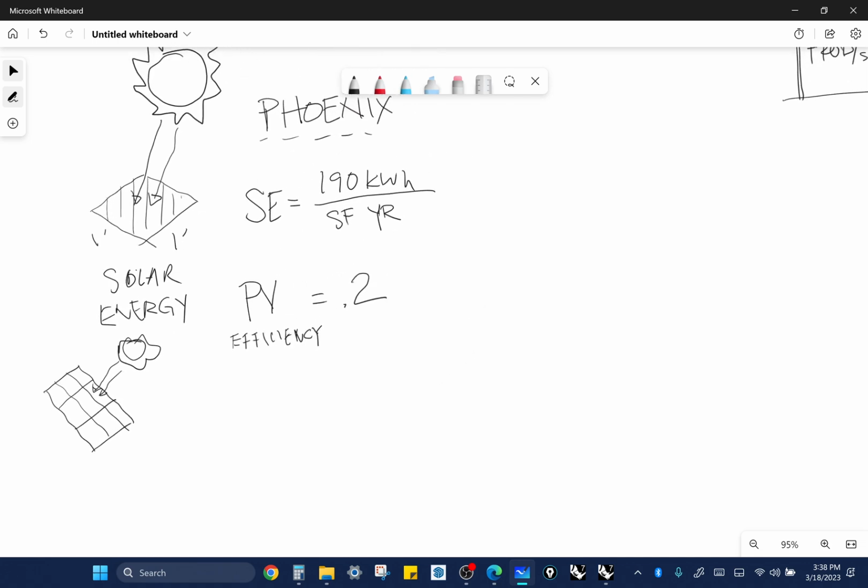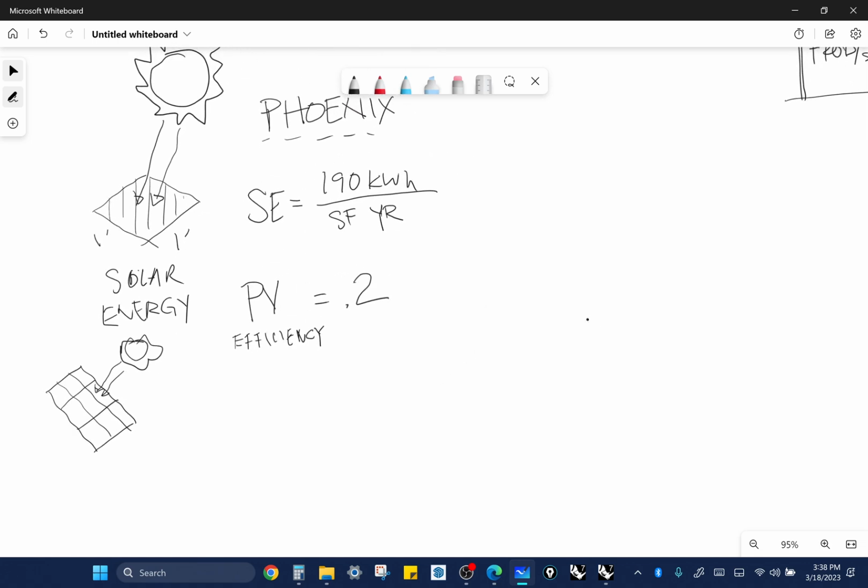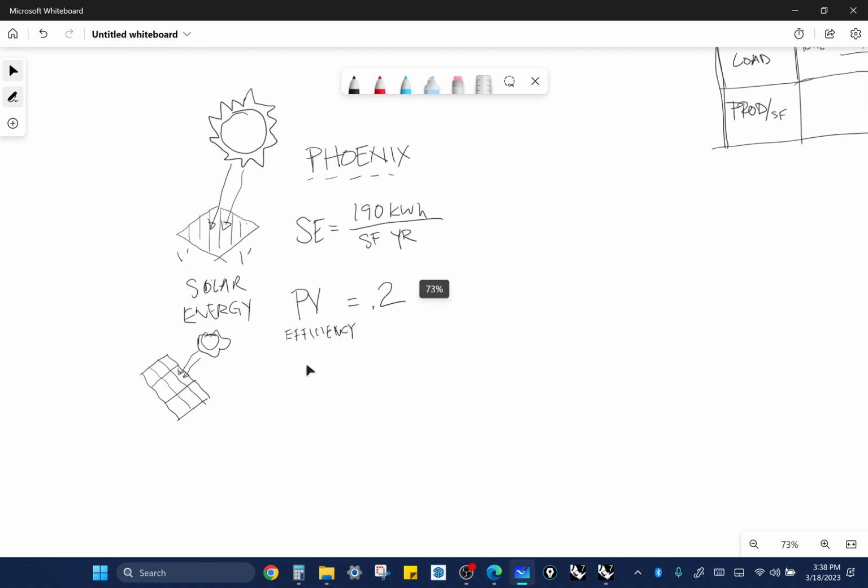Okay, so in order to figure out how much light is actually hitting this PV panel, we have to multiply that 190 times 0.2, and that is, actually, let's come over here to our fake Excel sheet,